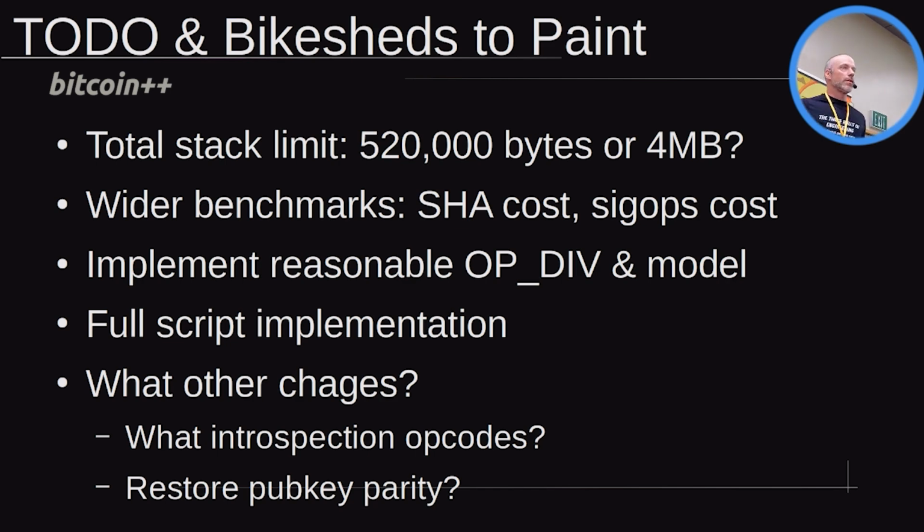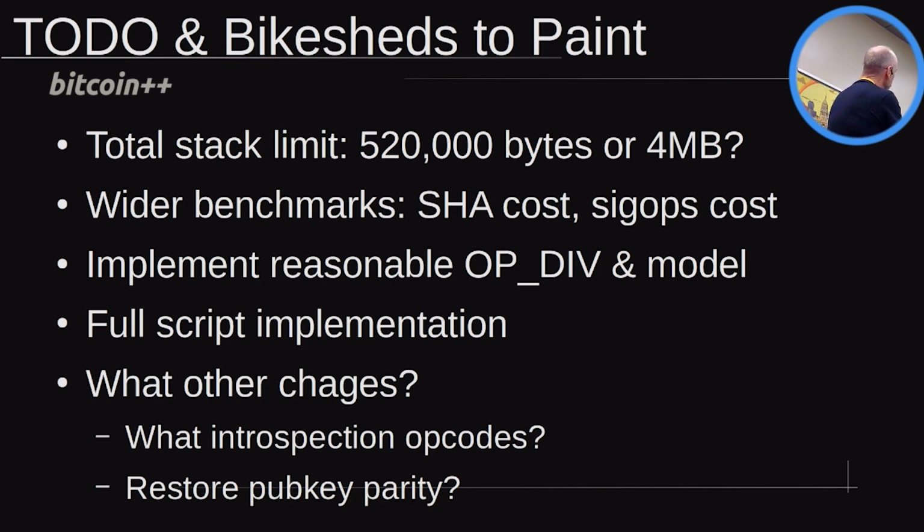And we could say, well, a transaction can be up to 4 megabytes. You can have 4 megabytes on the stack. It means you can drop a whole transaction on the stack. We should probably add a little bit more so you've got a few other things. But, you know, for genuine megabytes, not for a million bytes, would be a reasonable stack limit. It does increase the runtime requirements of your Bitcoin node, but nobody cares. Like 4 megabytes is not going to cut the difference, right? So we could certainly have that